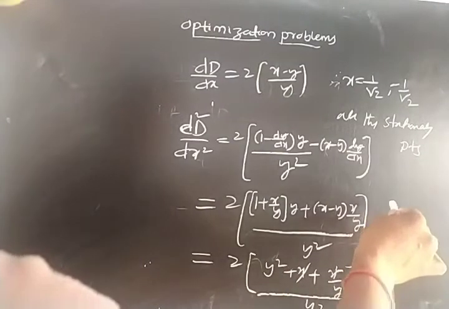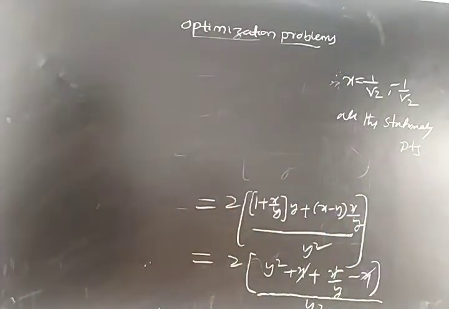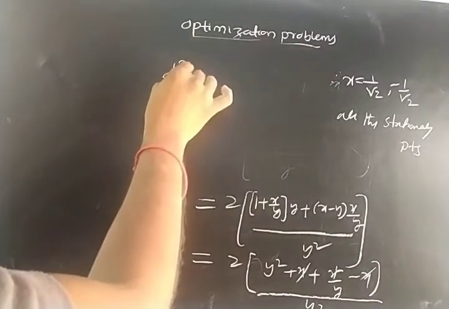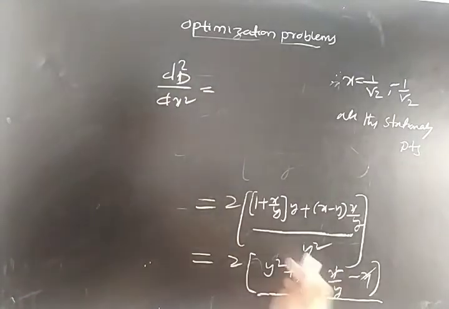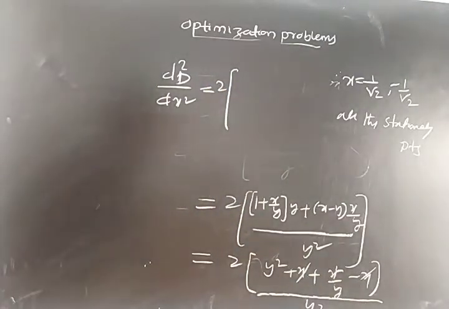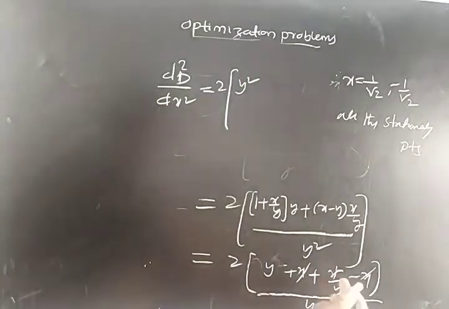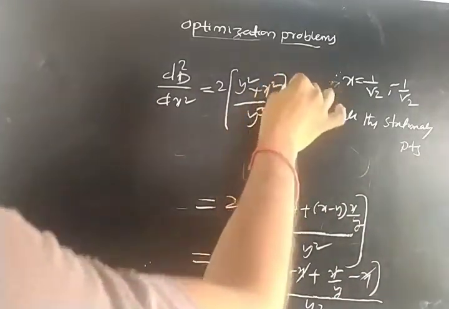By taking LCM, again by taking LCM, d square D by dx square is equal to, here in the numerator take the LCM. By taking the LCM you will get y square plus x square by y cube is d square D